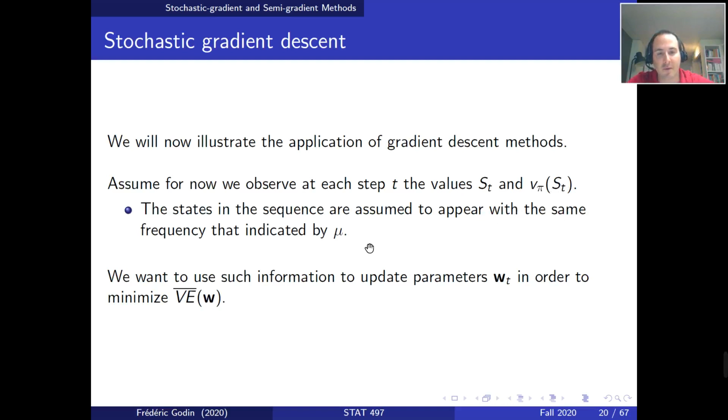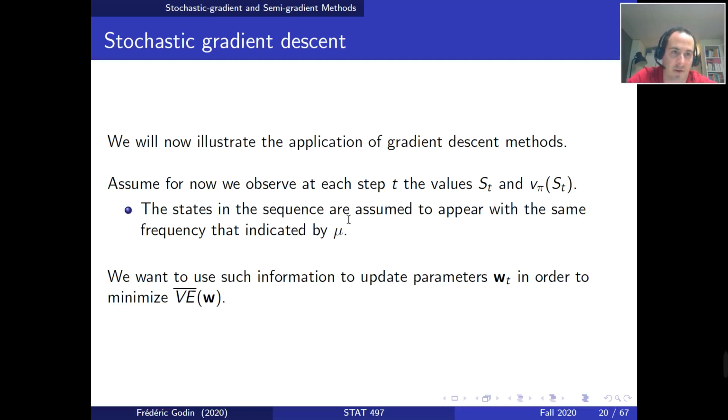So furthermore, we're going to assume that the states in our sequence appear with the same frequency as indicated by mu. So mu is the long-term percentage of time spent in each state. Here, if you just generated episodes in the conventional way, this would work, because if you generate episodes normally, the percentage of time spent in each state would be the stationary distribution for continuing tasks,